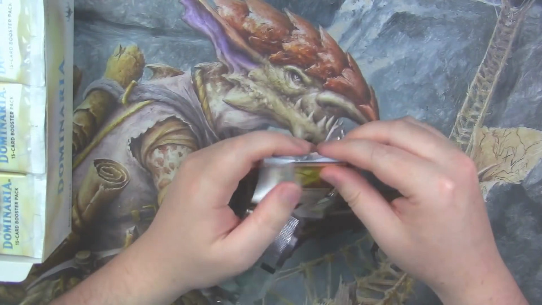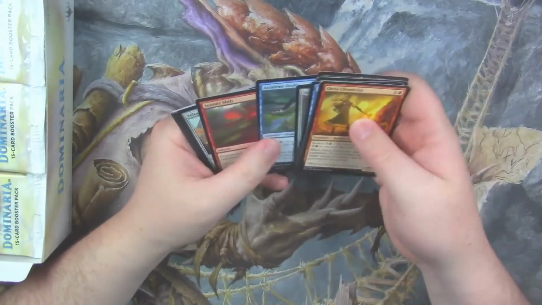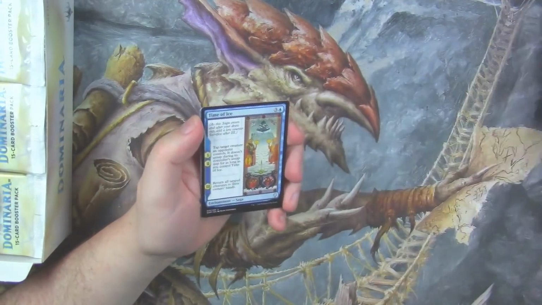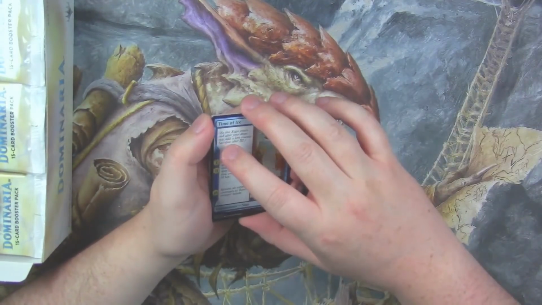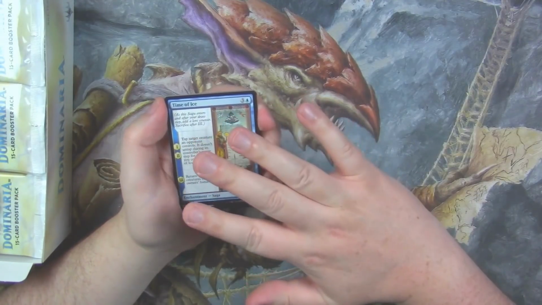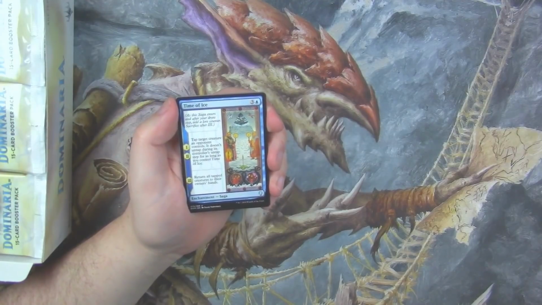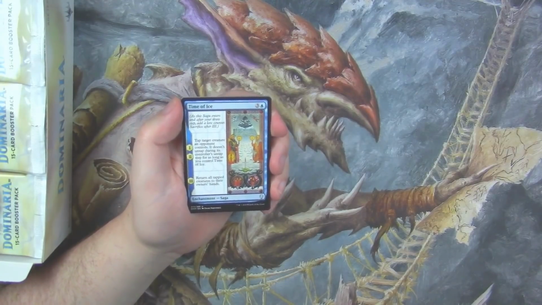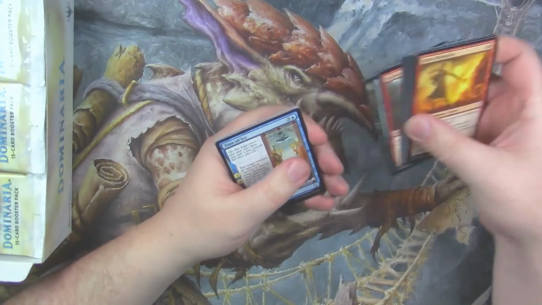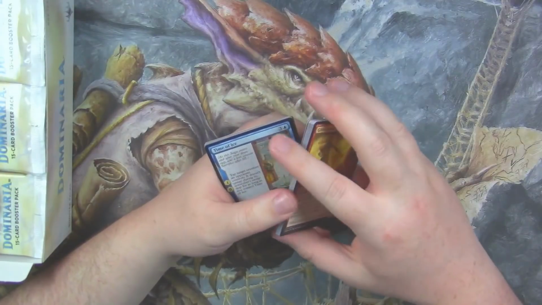Let's get in. I haven't looked at this set, like I said, I haven't really looked at spoilers or anything, so please bear with me. What I did notice, having played in one pre-release so far, is that the counting of the cards is super awkward. So we're probably going to end up blowing past a bunch of rares. We might end up spoiling rares too quickly and that kind of stuff,